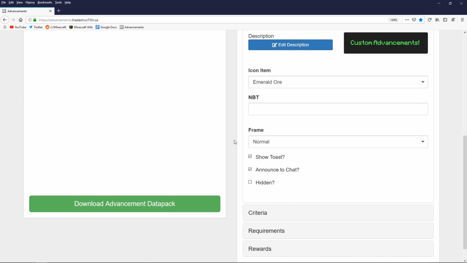Now, scrolling down the page here, I'm actually going to remove the show toast and announce to chat options, because when you start one of the advancement trees in Minecraft, it doesn't always say, you've started the husbandry tab or anything like that, and that's what those do. Those will show the message that pops up in the top right-hand corner and the chat message that says, you have achieved this, and I don't want those to pop up for the root advancement here,